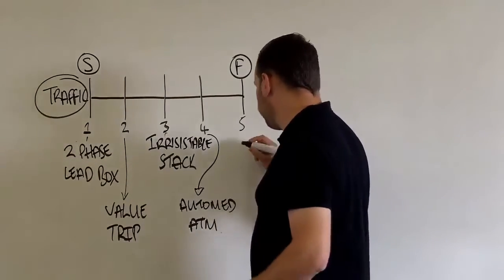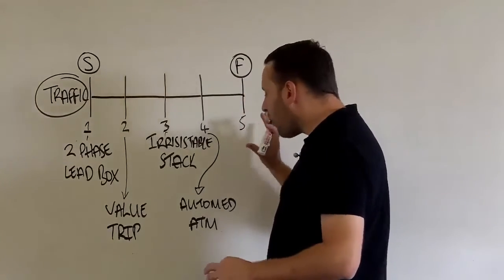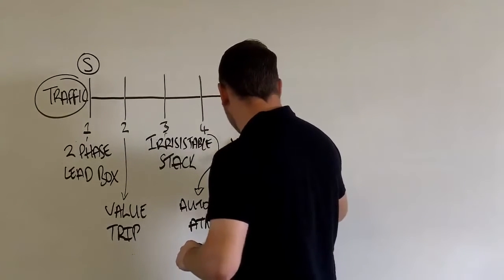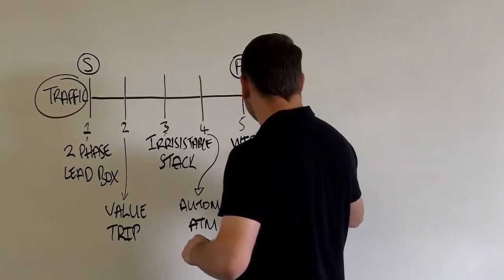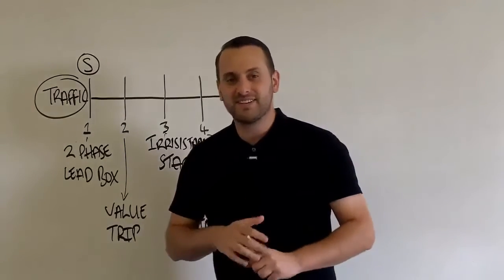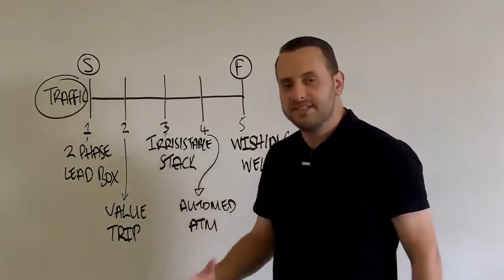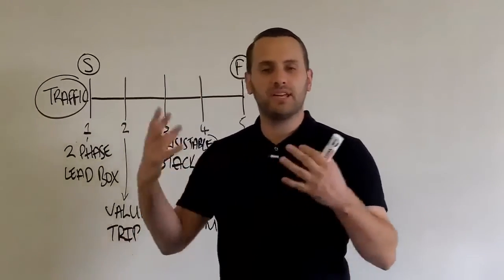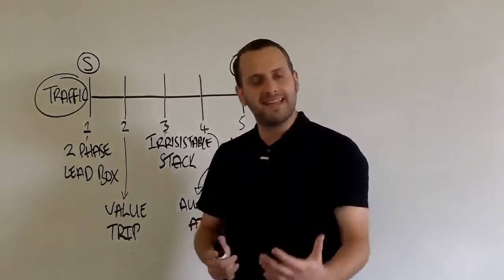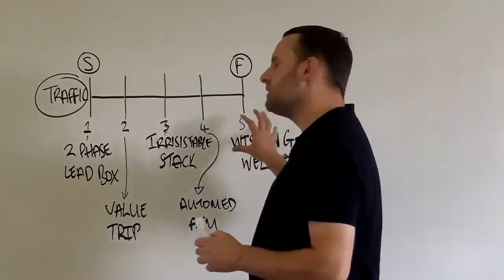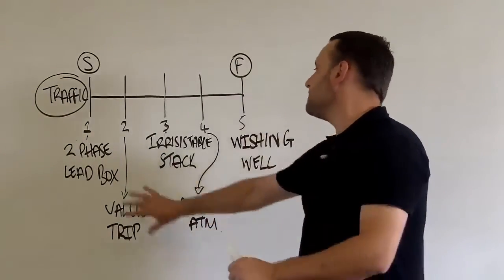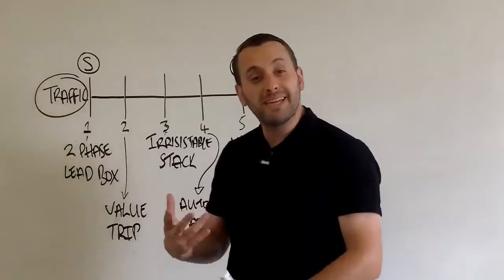And fifth and finally, and this is probably one of the bits that we're most proud of as part of this system, we call it the wishing well. Now the wishing well is actually a very, very clever process in the system of how you make high-ticket sales. When I say high-ticket, I'm talking your premium opportunities, where people will pay you thousands, tens of thousands of dollars per person for your higher-level opportunity, your coaching, masterminds, things like this. So obviously, you may not have any of this right now. I'm going to assume that you probably haven't.